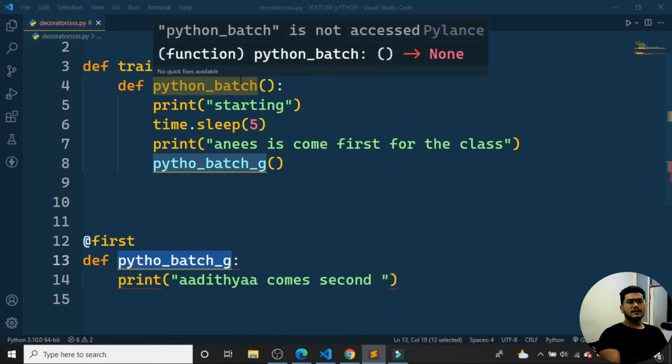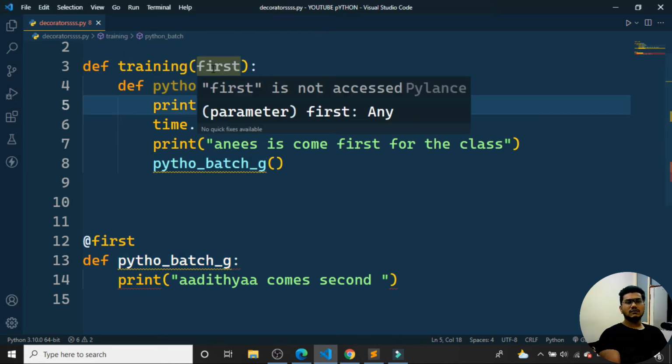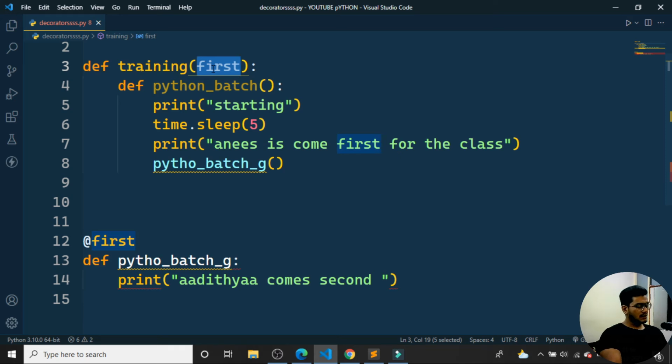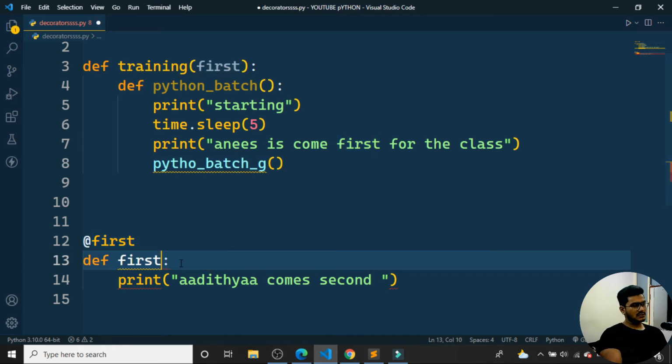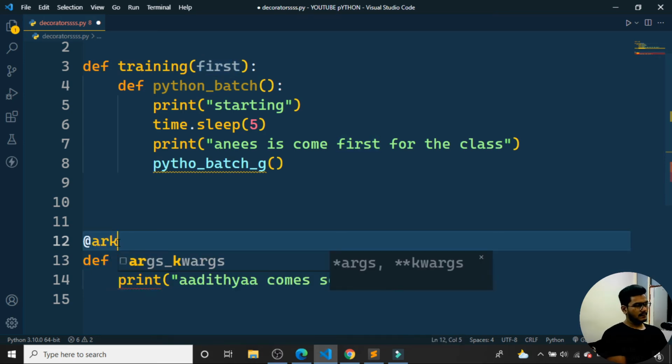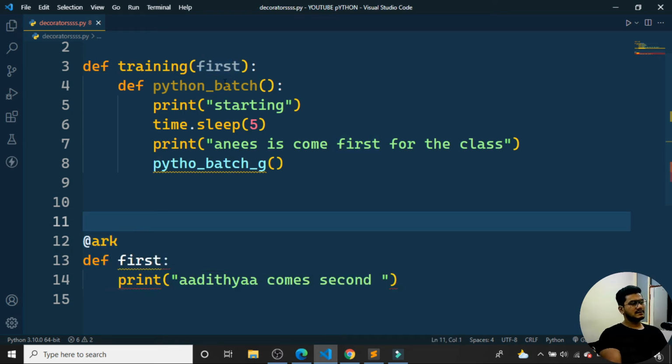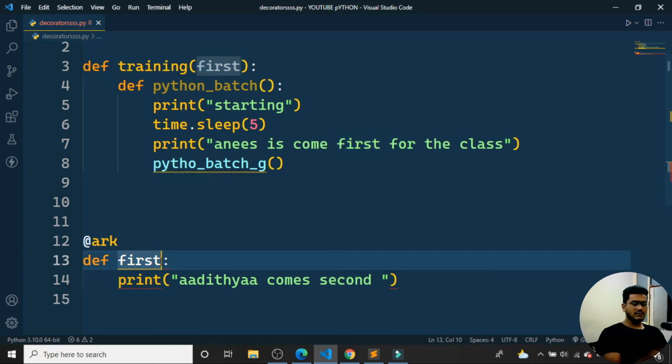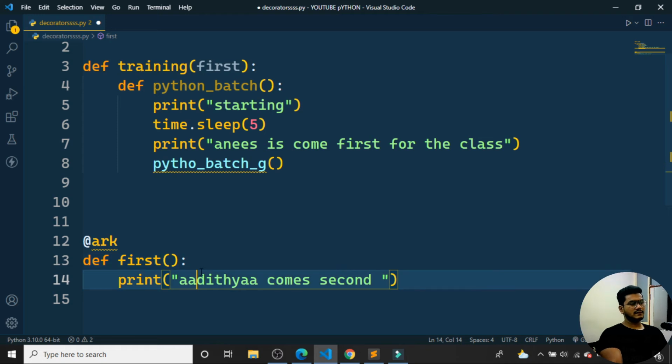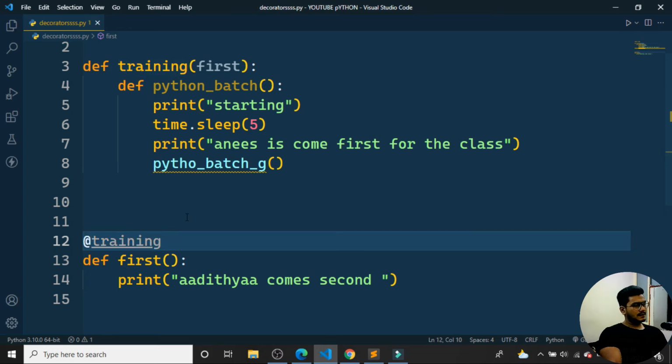Here I am using the concept of first. When I'm using first, I need to use the decorator name here. So like this I need to tell first, then I'll use something like ARK as the decorator name. The first I have defined, so whatever first I have defined, I am using it here. Then I need to call it in the form of a function, and that is why it was giving me the error. The function name should be the same as this here itself. Now the error is gone.